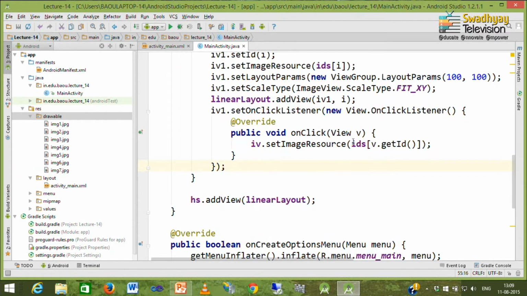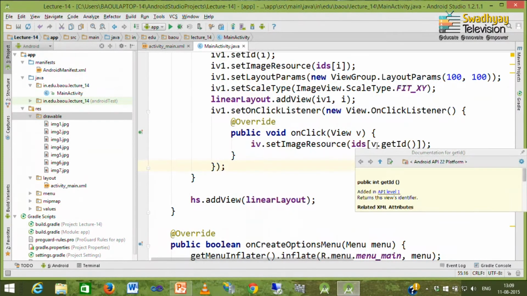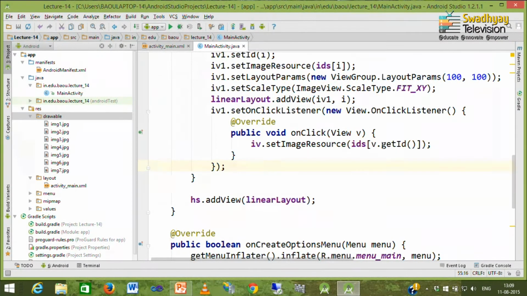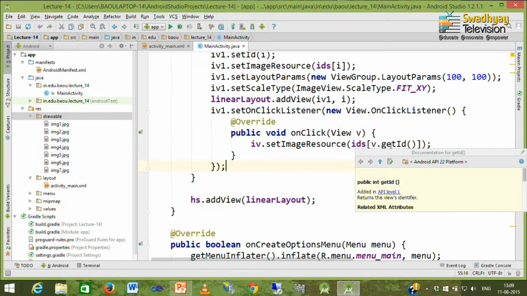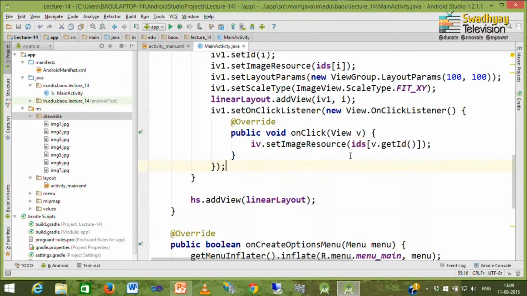So, here I write down IDs in square brackets v dot get ID. So, suppose the third image is clicked, then we get ID 2, because our index starts from, or ID starts from, 0. So, if the third image view is clicked, then we have the third image available inside the image view below.